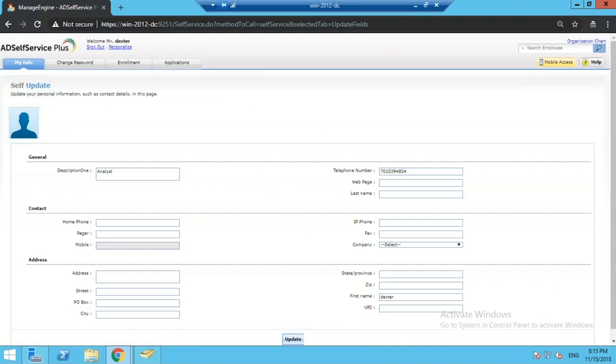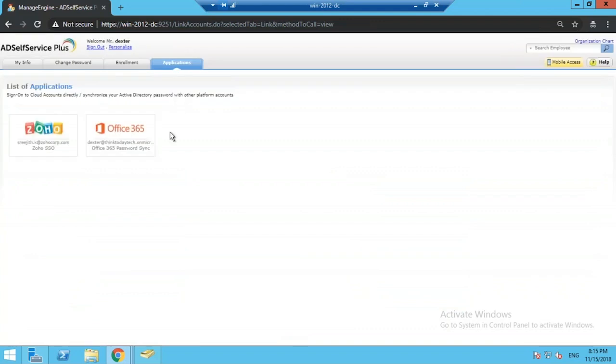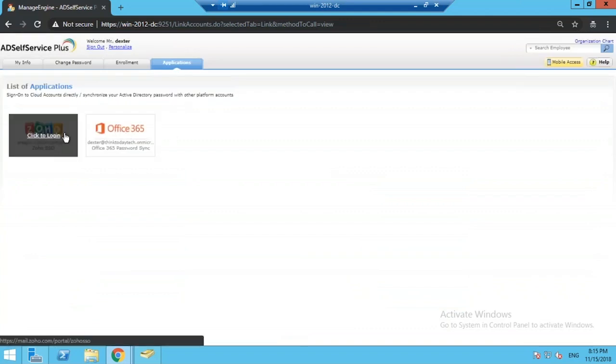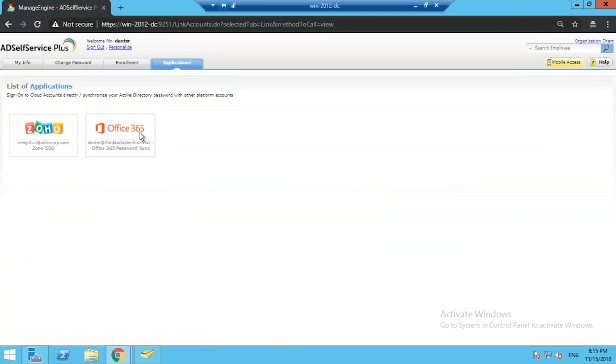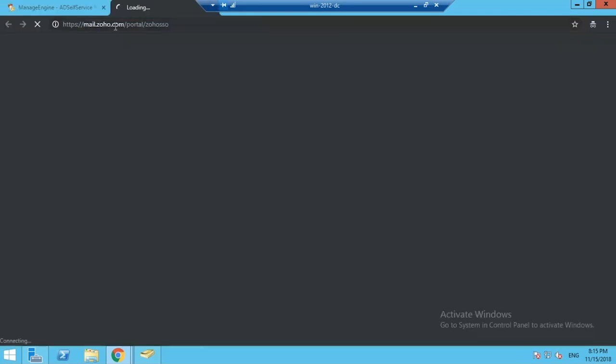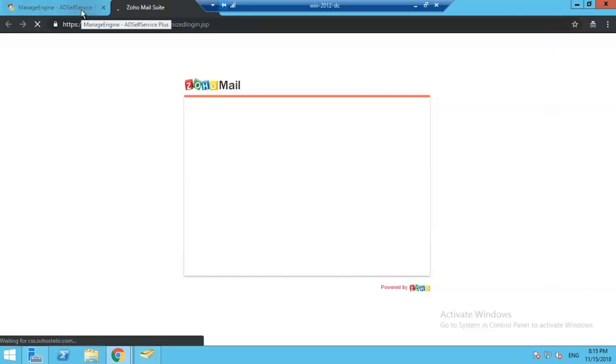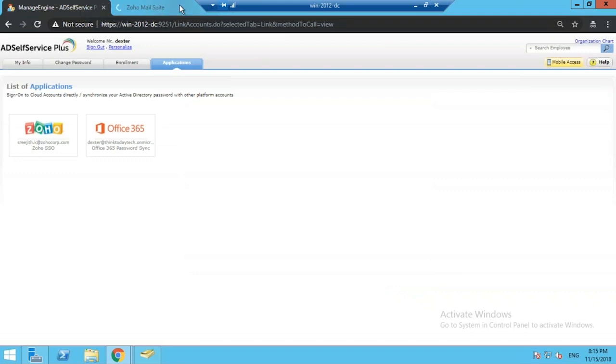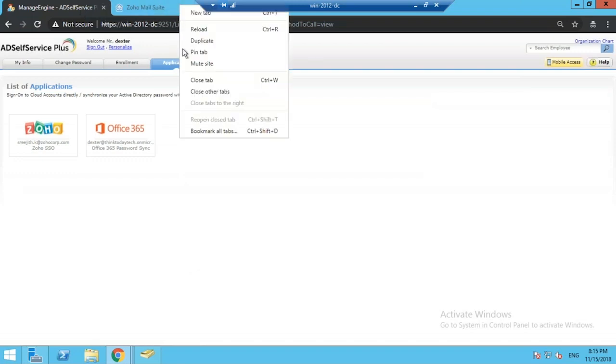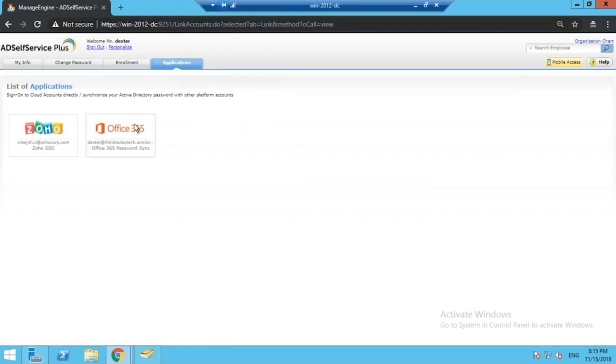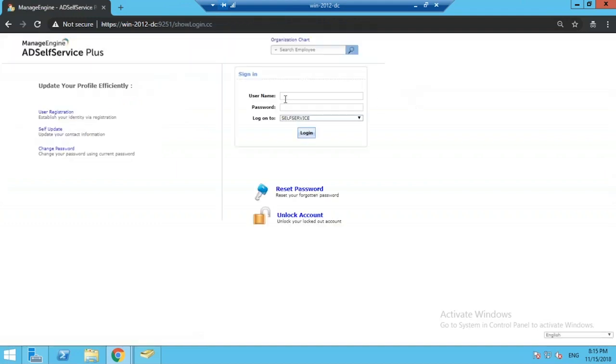Usually, I hope I typed the password in right. Let's find out. I think I did. Okay. Now, usually this is how it works. So you put in the username, password, and you go right through. And these are the applications that we've set up for you. And this is where the user would come and click on these applications to get onto those portals, right? If single sign-on is set up, then the user will just come in here, click on this application, and the application launches up. Now, once you have multi-factor